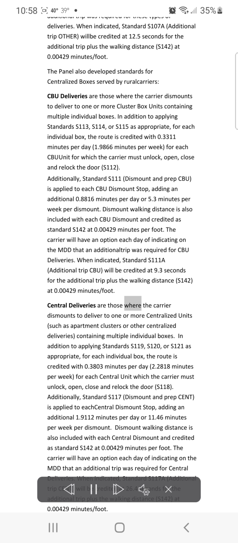Central deliveries are those where the carrier dismounts to deliver to one or more centralized units, such as apartment clusters or other centralized deliveries, containing multiple individual boxes. In addition to applying standards S119, S120, or S121 as appropriate, for each individual box, the route is credited with 0.3803 minutes per day, 2.2818 minutes per week, for each central unit which the carrier must unlock, open, close and